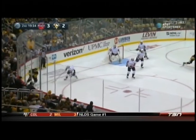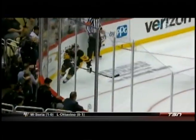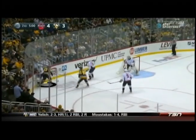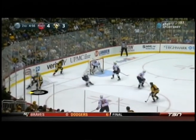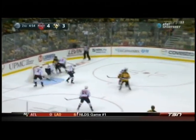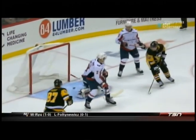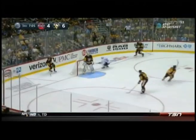Crosby responds in the second, can't beat Holtby, sticks with it, finds Chris Letang. His shot gets through traffic, and we're tied at 3. Crosby's 100th point going head-to-head with Ovi. Later, same period, Crosby on the forecheck, got a little move with the stick there, forcing the turnover, and eventually, Jake Guentzel with his second of the game. He had 8 points against the Caps in last year's playoffs. With 7 minutes to play,